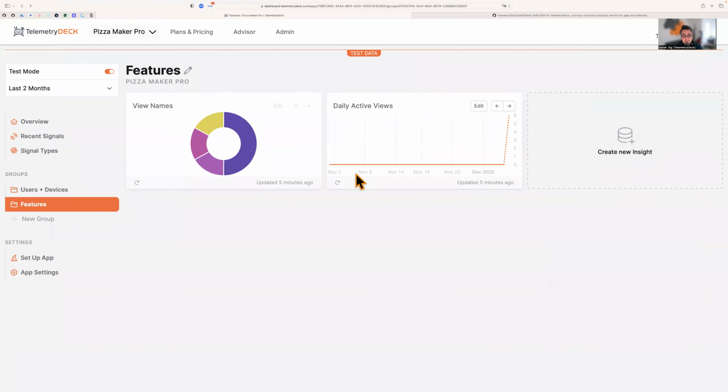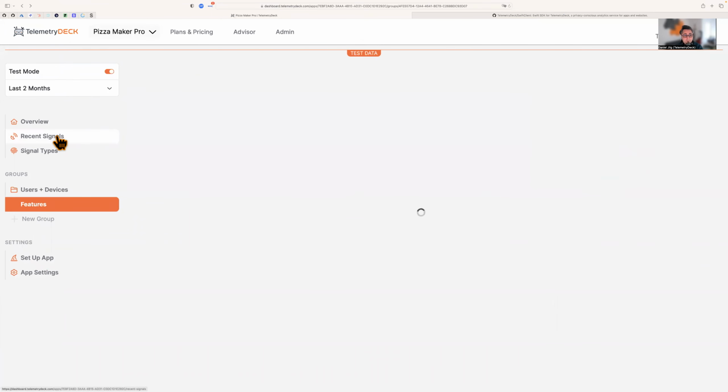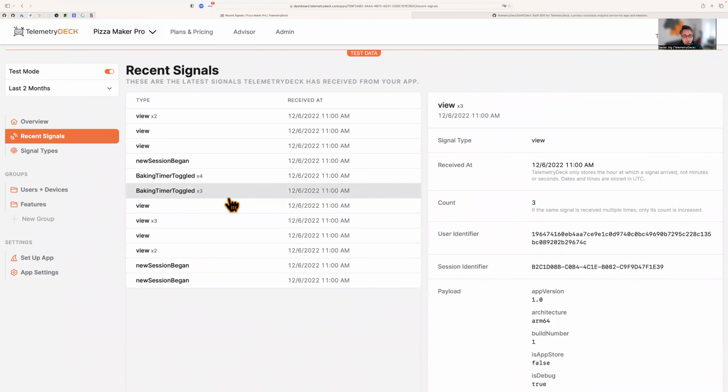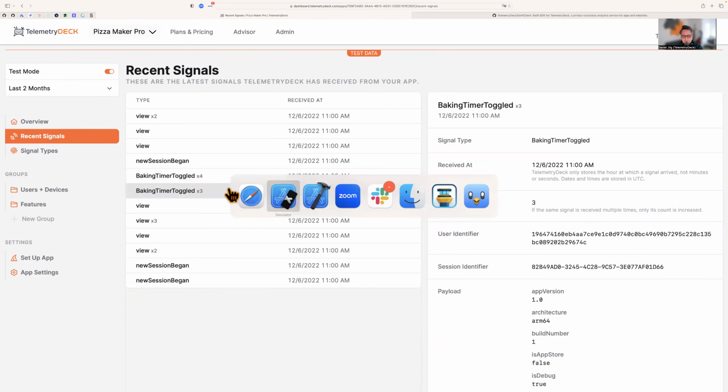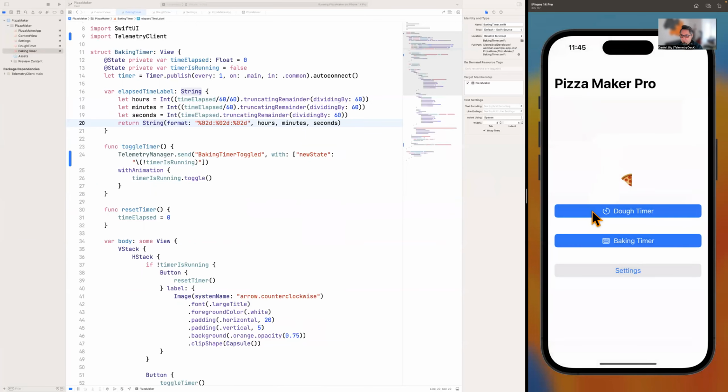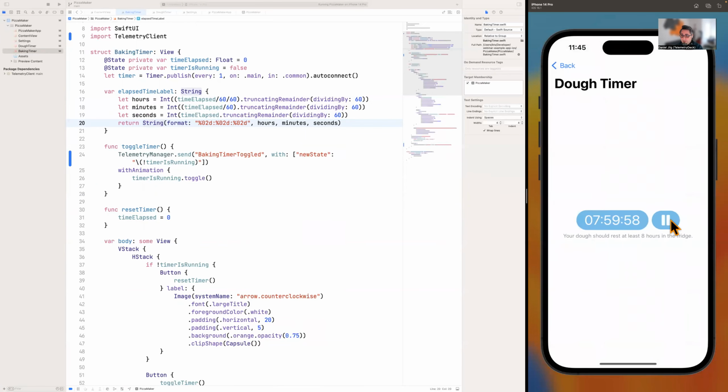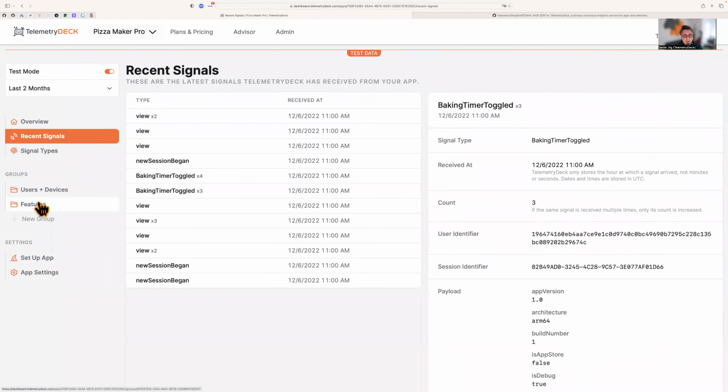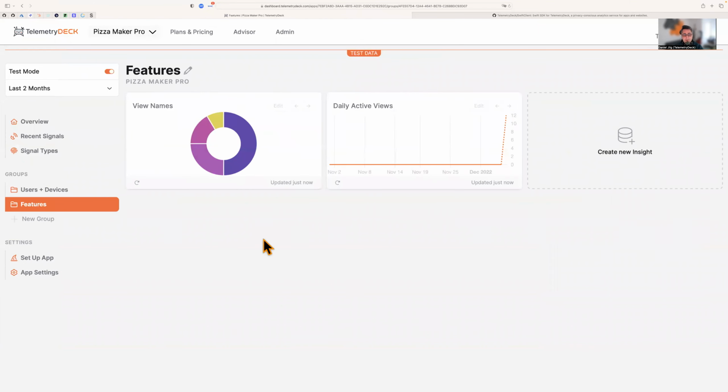Let's go back to TelemetryDeck. Let's look at our signals, and we see that the baking timer has been toggled a bunch of times. Actually, hang on. Let me also toggle the dough timer at least once. So we have this kind of data as well. All right, cool. And what we can do now is create more insights here, but we're already almost at the end of the time that we have. Actually, we're a bit above. I'm sorry about that. So I'm going to be a bit more quick